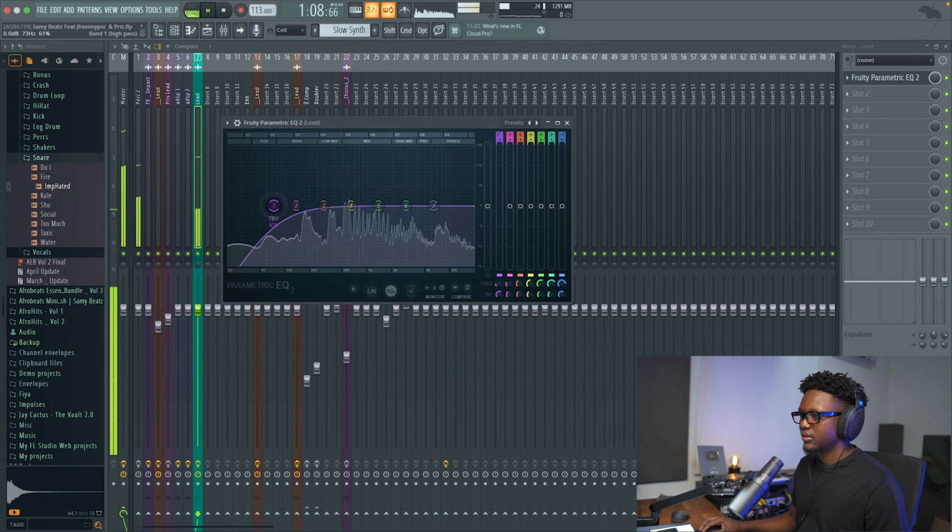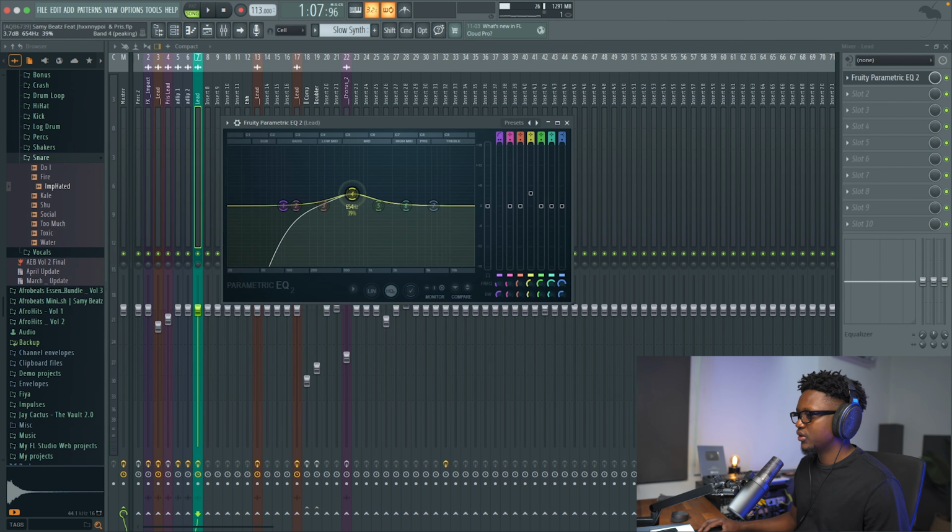We can make it hard or soft. Let's see. And another thing you can do, you can just increase the gain on one of the frequency bands, and then